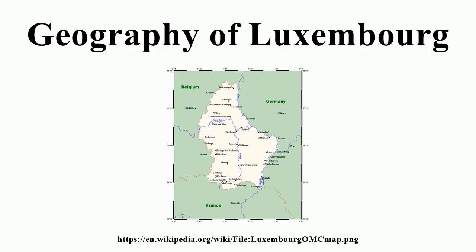Natural resources: iron ore, arable land. Land use: arable land 23.9%, permanent crops 0.56%, other 75.52%. Irrigated land: 10 square kilometers. Total renewable water resources: